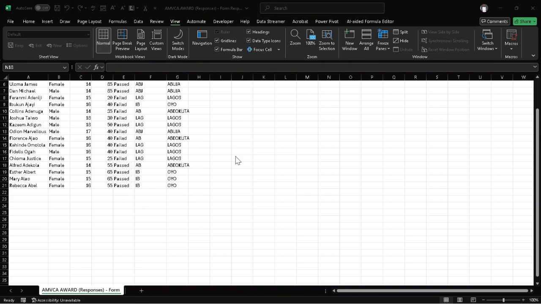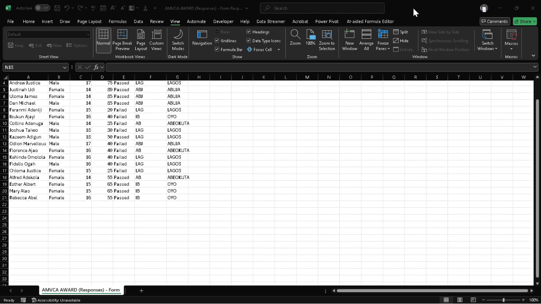So we also have Split View. Split View is used to split the worksheet into independent panes, so you can view and scroll different sections at once. So let's quickly use Split View. This is Split View. And once you click on Split View,